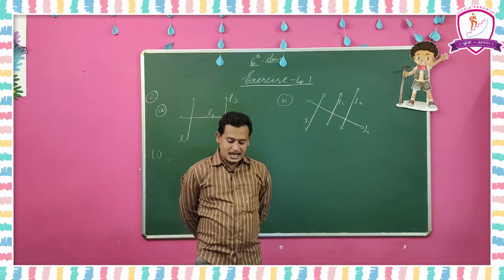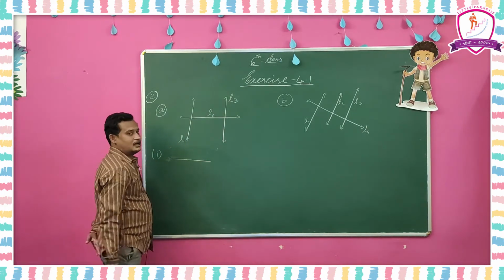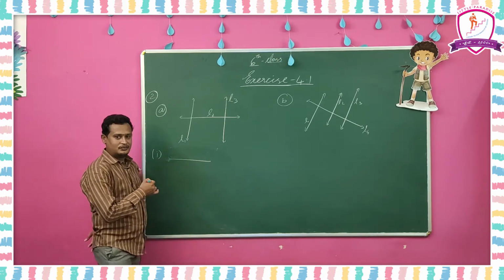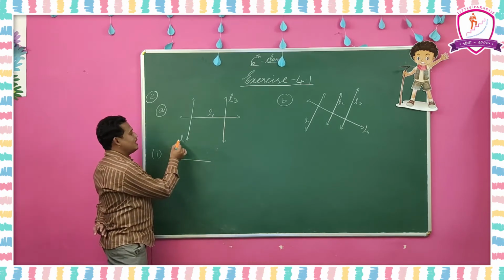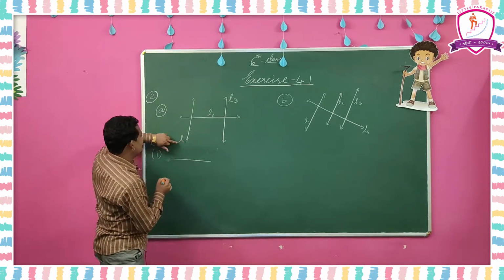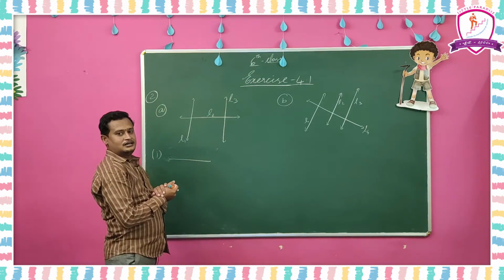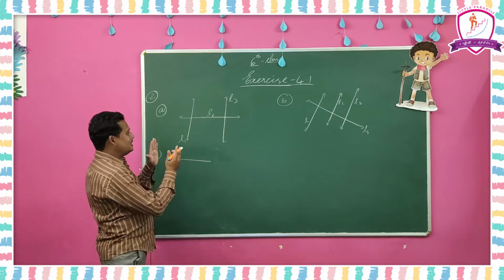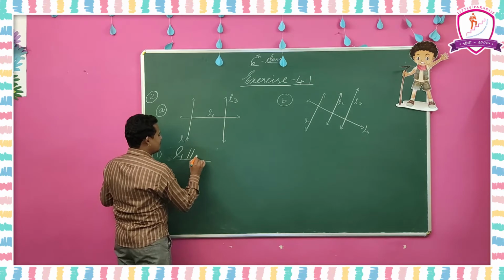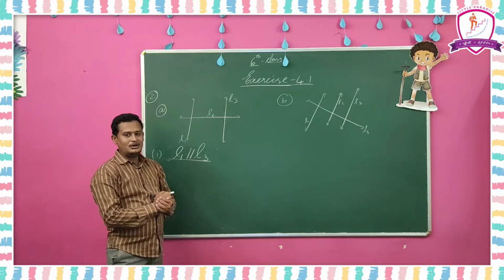Here, lines L1 and L3 are dash. Here we have to write the answer. The question is already there in your textbook. When I am explaining, see the question and see the answer on the board. Here L1 and L3: this is L1 and this is L3. These 2 lines are at the same, equal distance. These 2 lines are maintaining equal distance, so we can say L1 and L3 are parallel. L1 is parallel to L3, like that you can write.